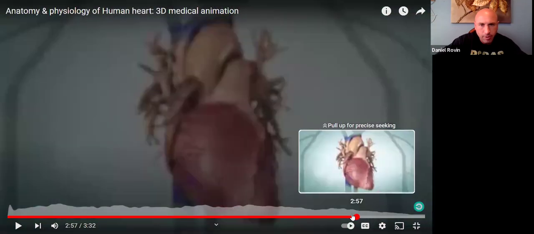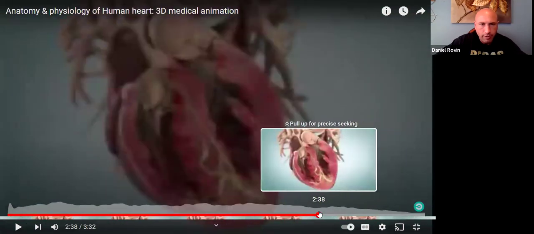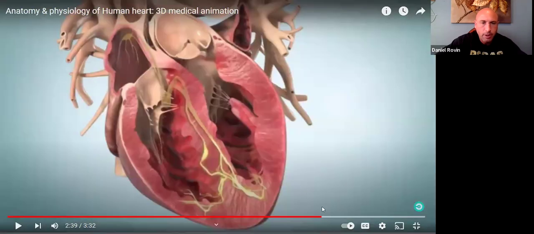So let's backtrack to a bigger version, a closer view of all of that. All right. So it all starts right here. Now, this makes it look like it's inside the atrium. It's actually on the outside, not the true outside, but if you were to remove the epicardium, which is the sheath of connective tissue that surrounds the outer heart,